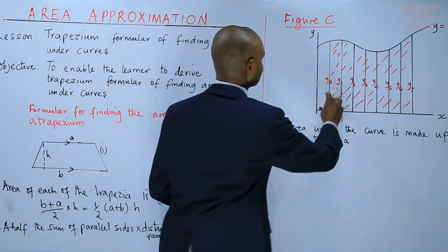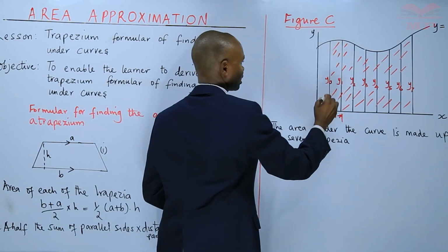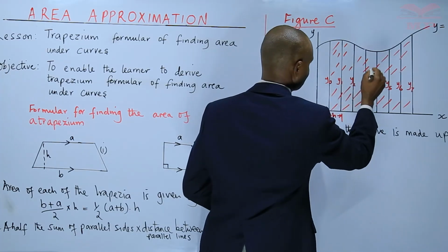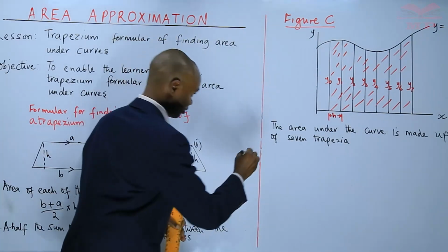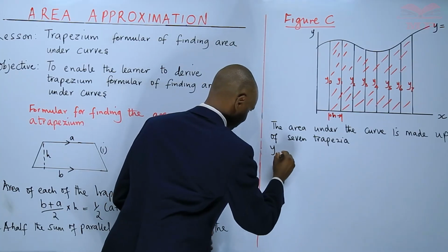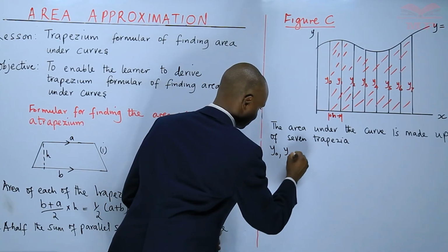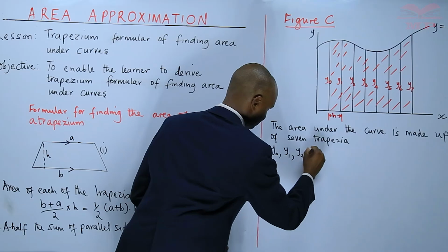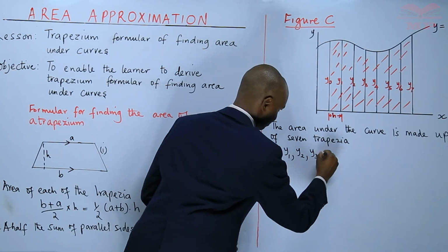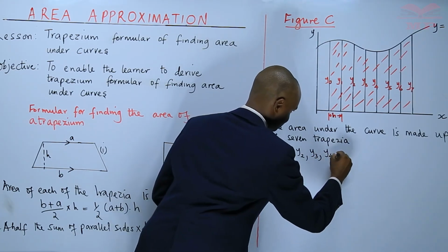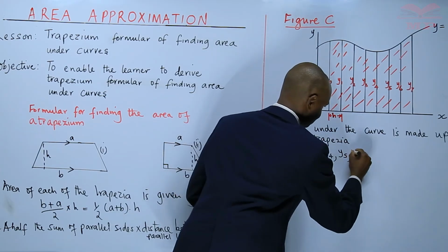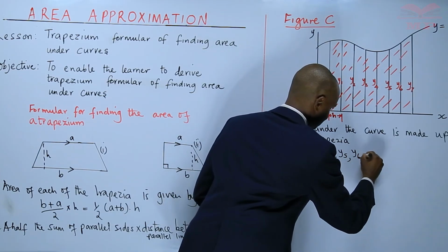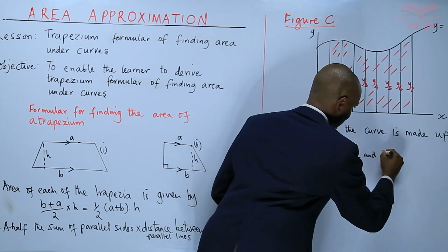These lines you see that denote the function of the curve, y0, y1, y2, y3, y4, y5, y6, and y7,